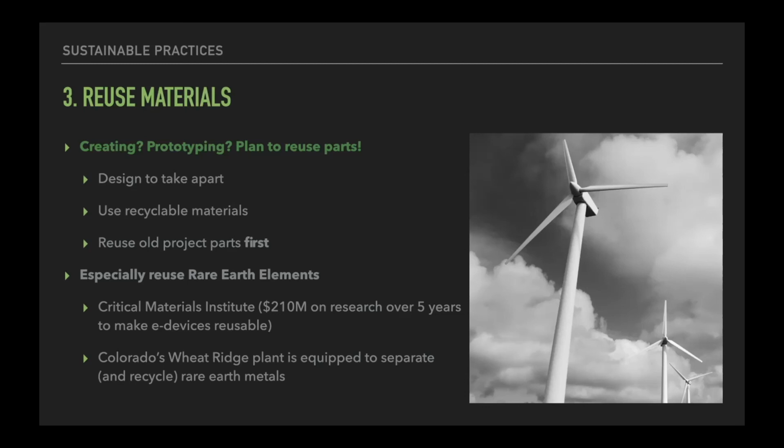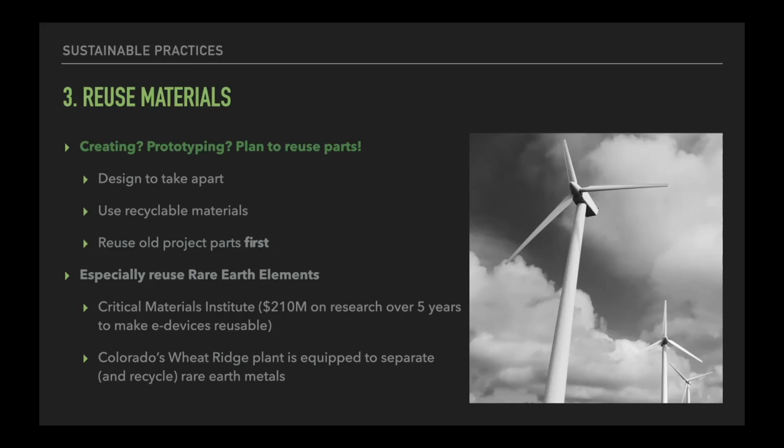So your phones will be designed to come apart, so maybe the screen comes off easily and you could use it in another version of the phone. You could tear apart, getting down to the semiconductors and transistors that are on your chips inside of your phone. All of those things are being designed to be removed from phones more easily. Right now, it takes more energy to get the rare earth minerals from a phone or a laptop than it is to get it from the earth.